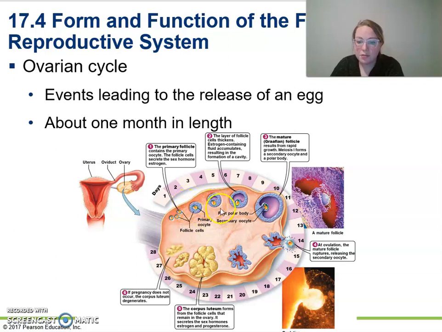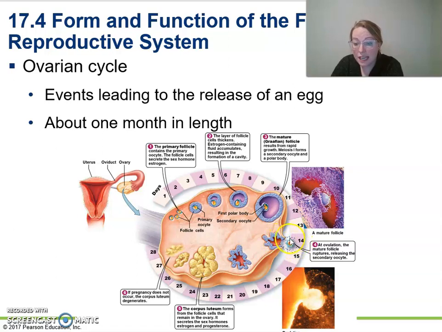And so eventually you get one that's farther along than the others, and it becomes what's called the Graafian follicle. It's going to be the one that's ovulated, and it inhibits the others, and it keeps growing, and then you'll see this differentiation of cells. You'll see cells right around that egg, and then you'll see this fluid-filled space called the antrum, and you'll see cells on the outside. Okay, and so what happens then is that fluid-filled space gets bigger and bigger until ovulation, where the egg bursts